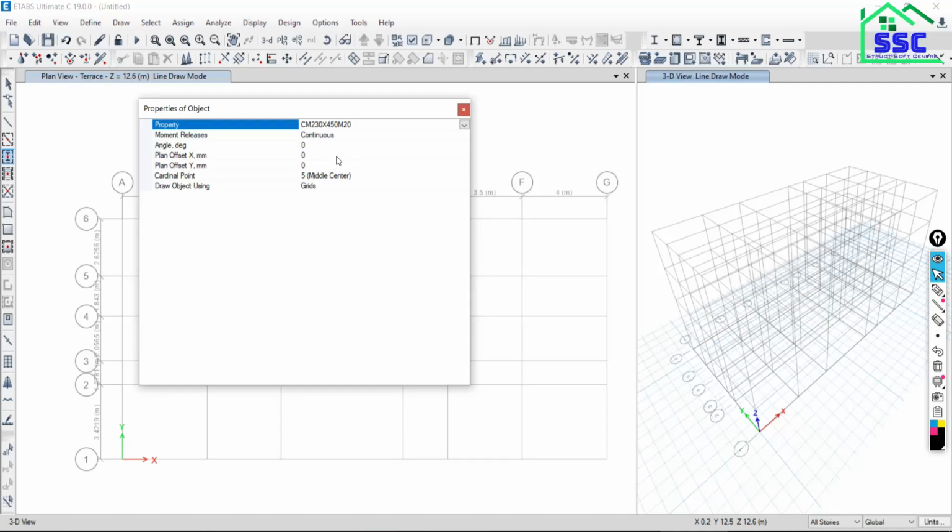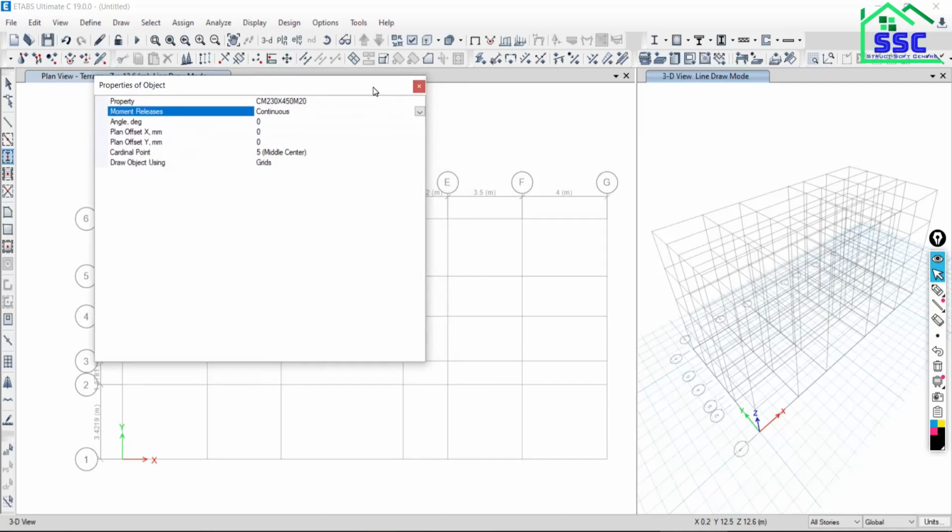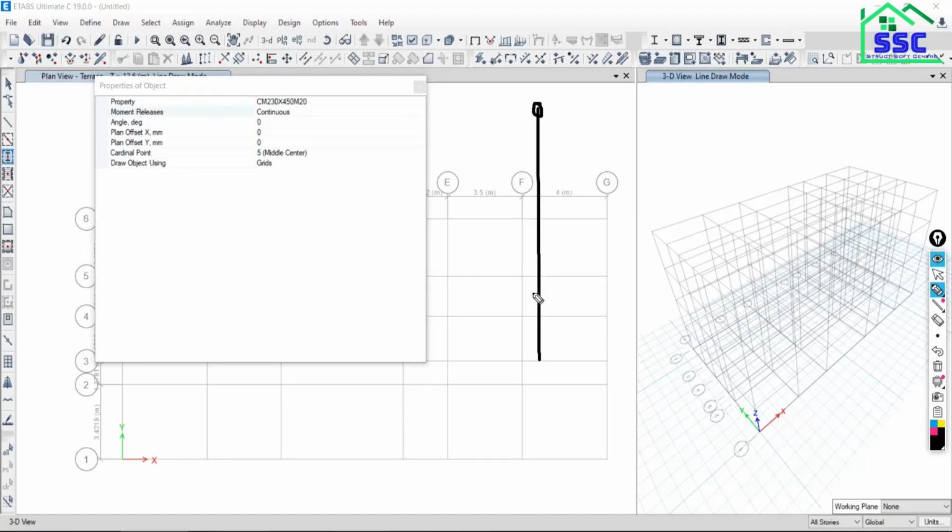Now moment releases. I will discuss this in the beam section, while modeling the beam. But try to understand some parts here. If you want to model your column as fixed, as continuous, and you want to consider the moment at the top as well as at the bottom, you have to proceed with the continuous option.